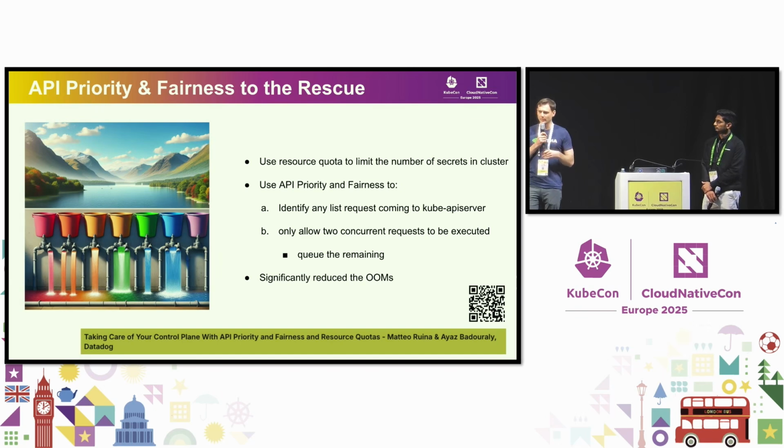And if you want to learn more about API priority and fairness, there's actually a talk. Unfortunately, it's given at the same time as this one, but the QR code's there if you want to watch the recording afterwards. It'll go through in much more detail about how API priority and fairness works. But this worked great for us. It protected our API server. So that was problem number 1. Alay is going to take us through the next 2.